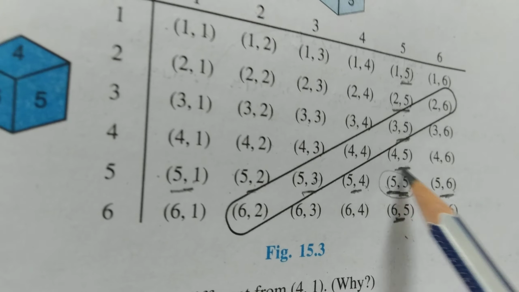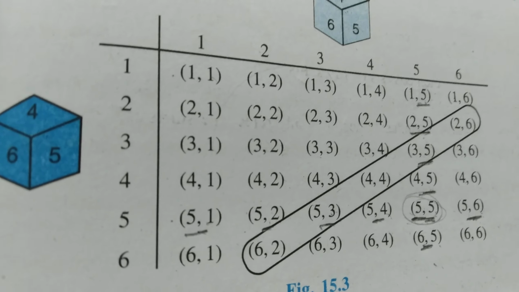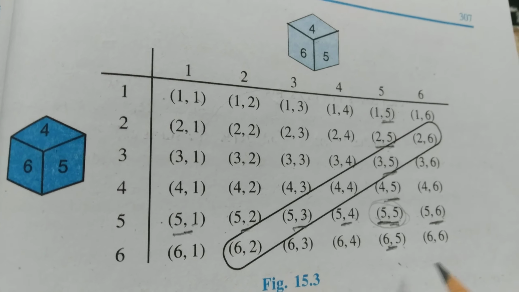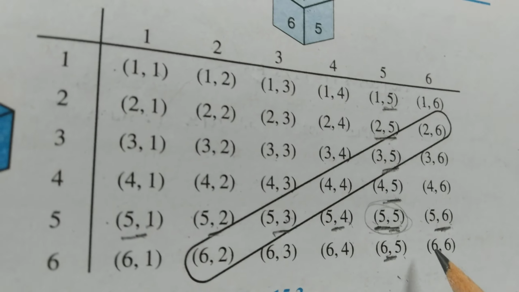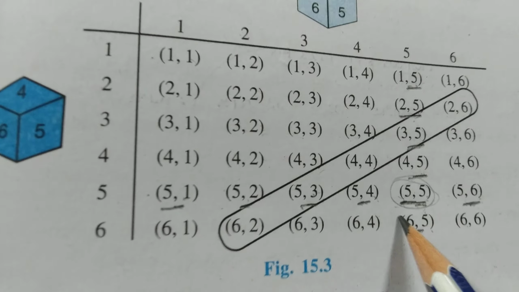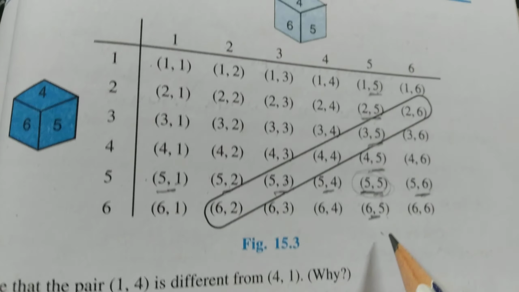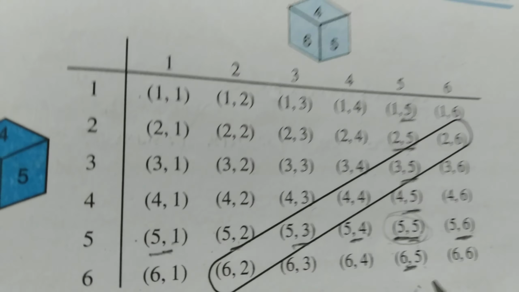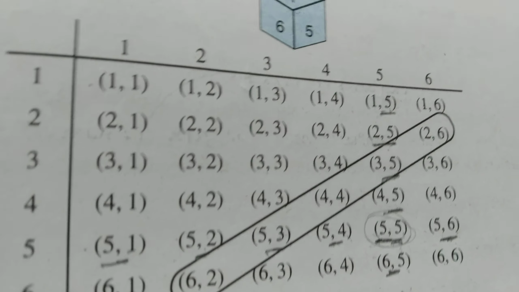Here only 1 time. Okay, 5, sorry, 1 time. So 11 times. Okay, so how many times we will not see the 5? That is total outcome equal to 36, and 11 times we will see the 5. So 36 minus 11, that is 25 times we will not see the 5, and we will see the 5 how many times? 11 times. Okay, now follow the blackboard.